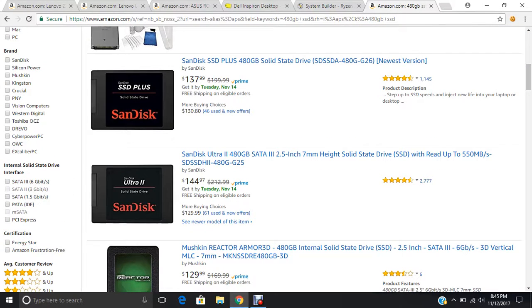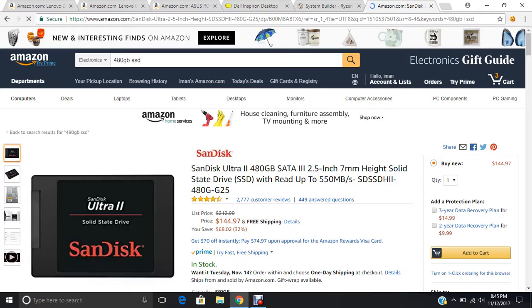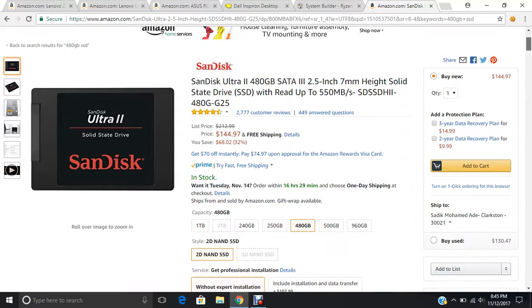So a 480 gig SATA 2.5 inch solid state drive goes for $144. $145 plus tax on Amazon, and you should pick this up. It's a 480 gigabyte. You can add your Windows 10, some applications, some games on there, and that will probably fill up the drive and keep the rest on your hard drive. This is a really good deal, and if you don't want this,